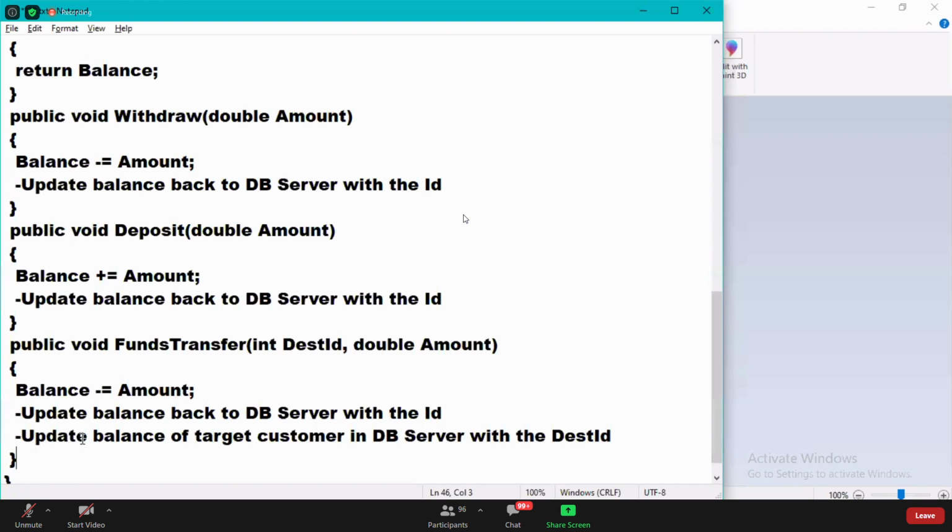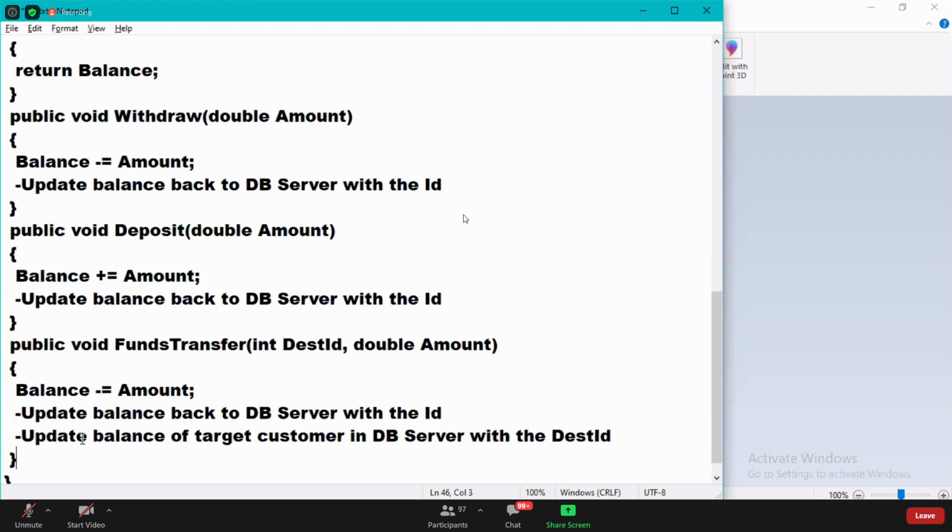Okay, so like this, they define the methods here. And now customers can call these methods and do the transactions. Now here we'll have a doubt. Sir, this class is present on the application server, and the instance is created on the application server. When both are on the application server, how can the client call a method?